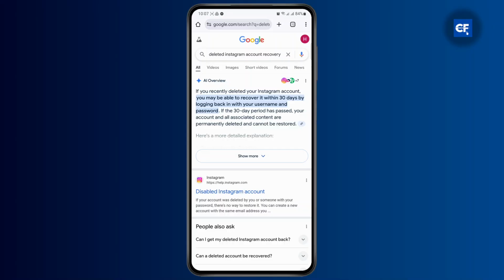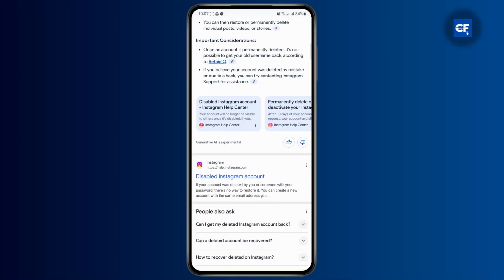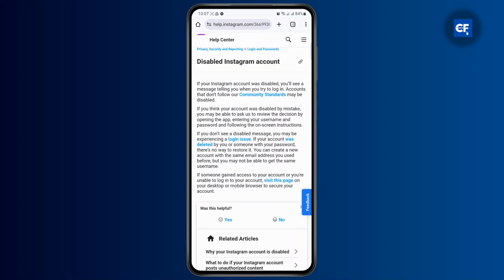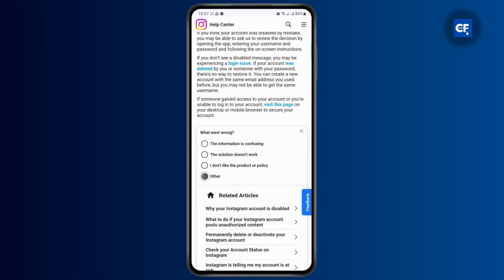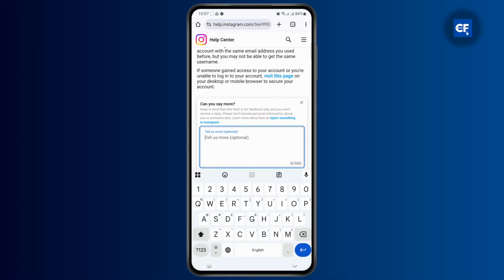And if the 30-day period has passed, your account and all associated contents are permanently deleted and cannot be restored. So click on the first link that you see here on help.instagram.com. Here on the disabled account option, what you're going to have to do is click on this article and then click on no. So click on other, and here what you're going to have to tell them is that I